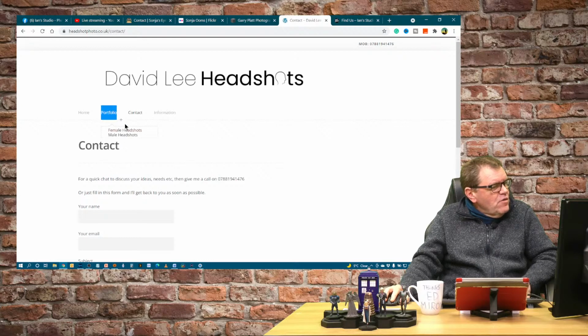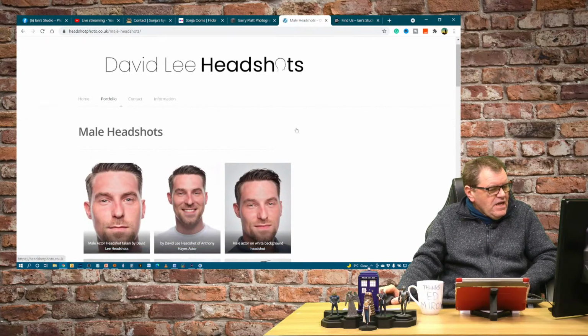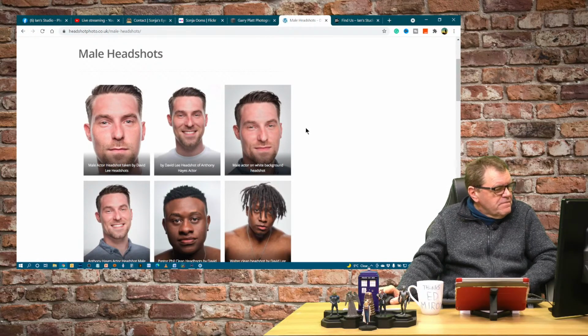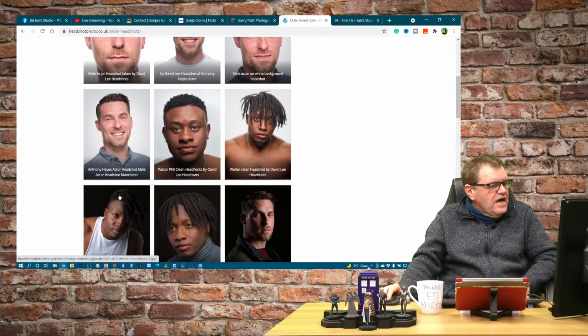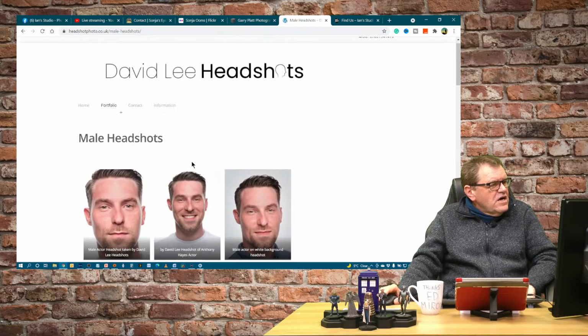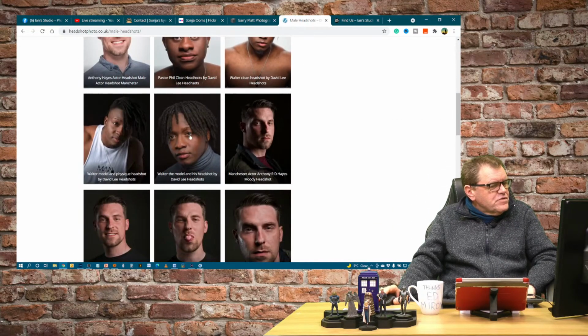I can't click on the top one, so let's go to male headshots, and we have got four very similar shots actually of the same actor, and we've got one here.